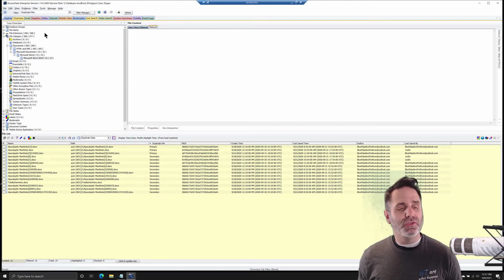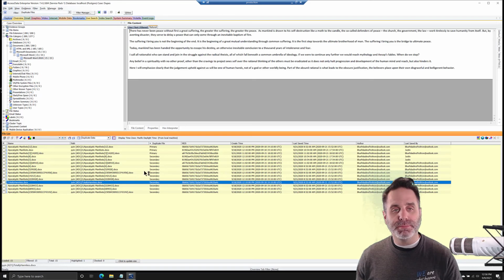The last thing I want to point out with duplicates is just a silly example, but to show it, we have this one document called totallyharmless.docx, but it is a duplicate of one of the apocalyptic manifestos. The content is the same, etc. And that's just to show that using duplicates like this can be useful for finding renamed documents as well. So changing the name alone will not impact this, because of course we know that changing the name of a file does not impact the MD5 hash. So it still works as a duplicate, and we can find that in there